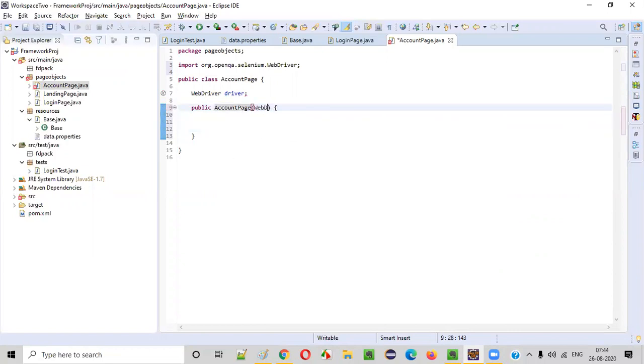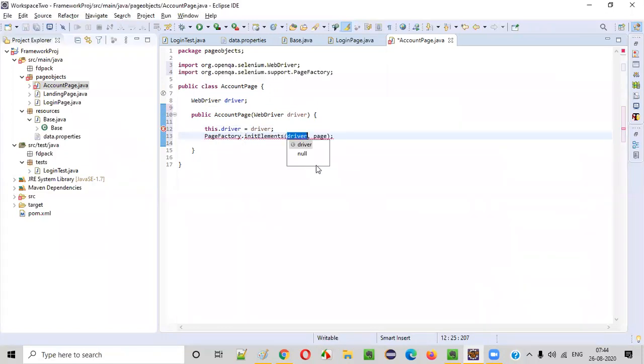This constructor will receive this WebDriver driver, and I will say this.driver is equal to driver. Now we have to say PageFactory.initElements(driver, this).